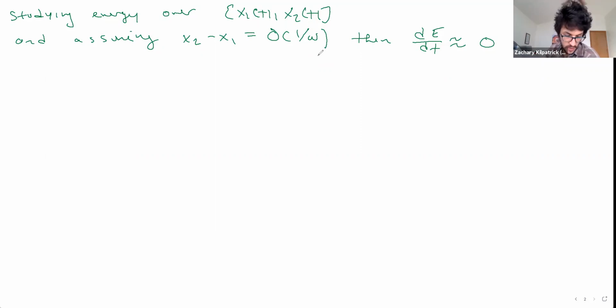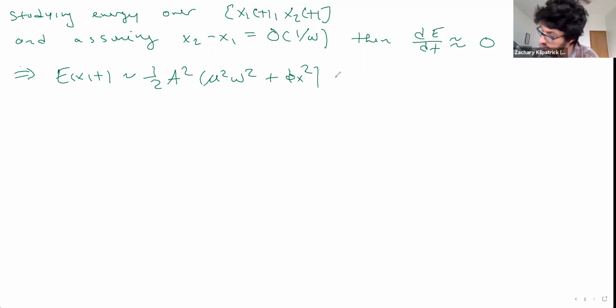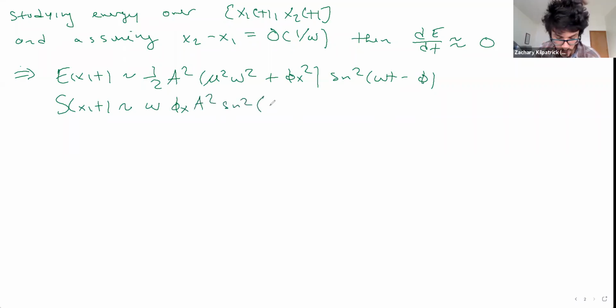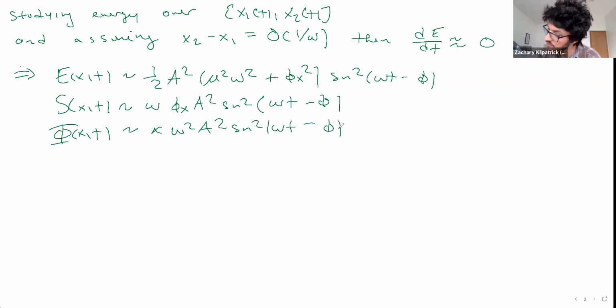Okay, and we had written down for our WKB solution that E(x,t) is approximately a half a squared mu squared omega squared plus theta(x) squared sine squared (omega t minus phi). S(x,t) is approximately omega phi(x) a squared sine squared (omega t minus phi). Okay, and big Phi(x,t) is, at leading order, alpha omega squared a squared sine squared (omega t minus phi). Okay,